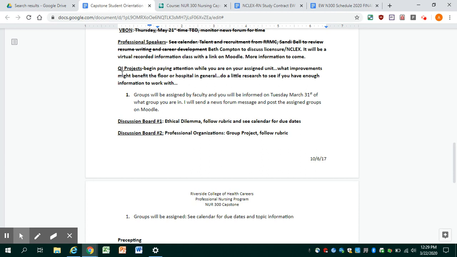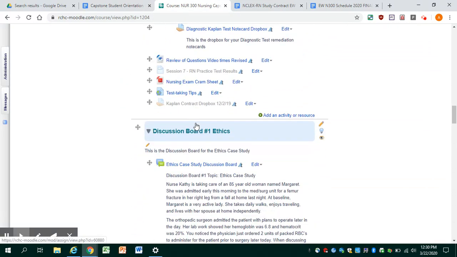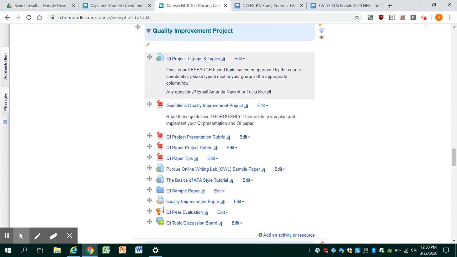So I'll assign the groups, and I will, on Tuesday, March 31st, notify you what group you're in. I'll send a news forum message out, and then I'll post the assigned groups on Moodle. So here in Moodle, if you go down to the quality improvement lectures, we've got QI project groups and topics, and then I already